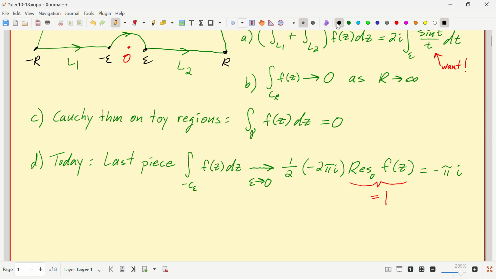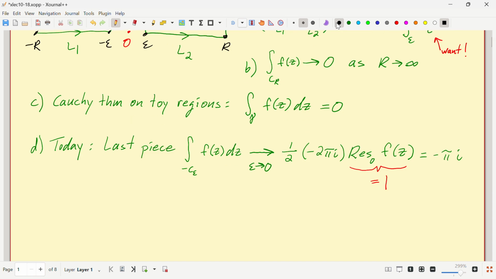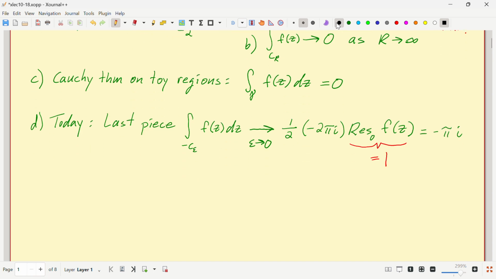Questions about it? Plan? Yeah. How do we know that the value is half because it goes halfway around? I'm going to show that. Oh, okay. But that's how you remember it. Yeah. If it went all the way around, it'd be minus 2 pi i times the residue. But in the limit, going halfway around, it turns out to be half that. And that's a general fact we can use in other situations. So